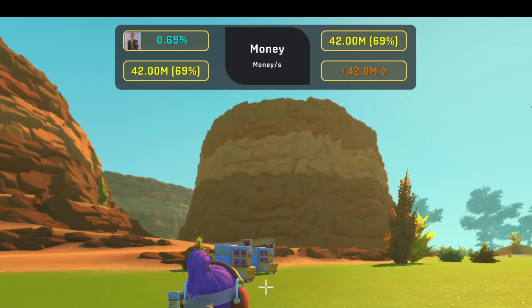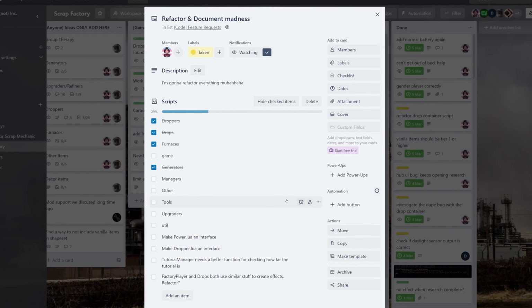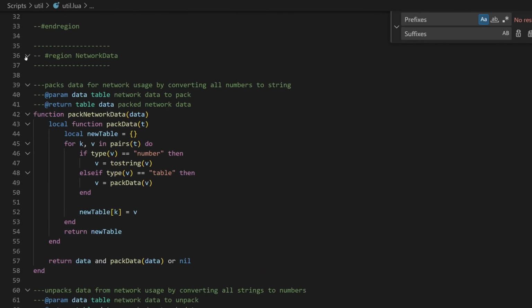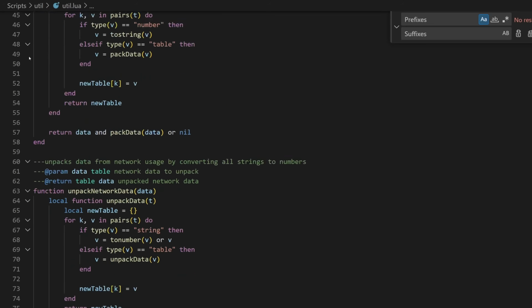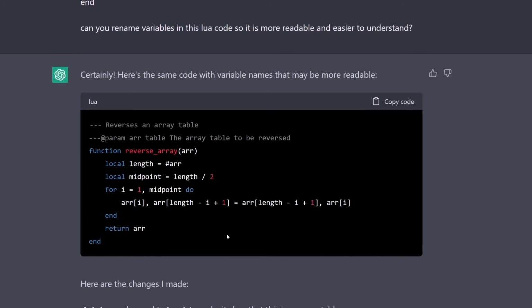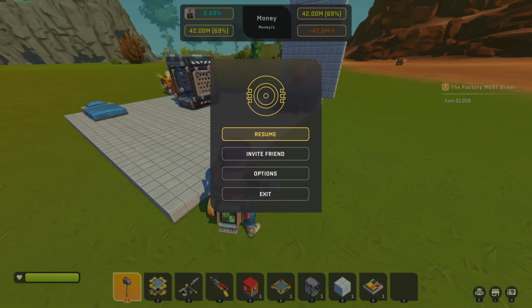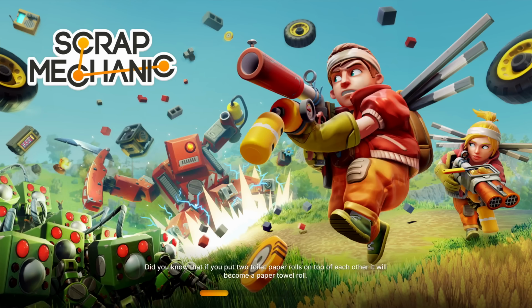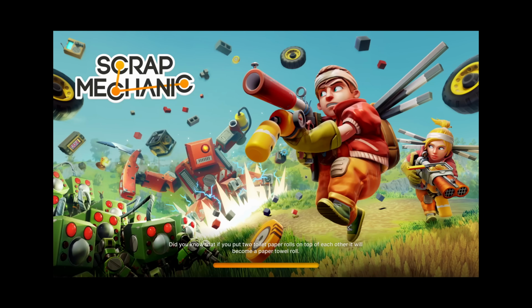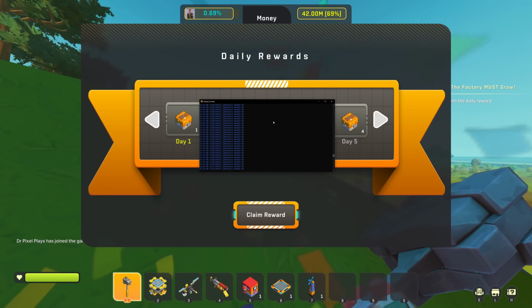So as you can see, stuff may look a little bit broken right now. That's because I went on another refactoring spree, and you can see this is now neatly organized. And this before looked really cursed. So I just asked ChatGPT to refactor this. I may or may not have screwed some stuff up, so I probably have to work on fixing the fixes. Oh god, I see so much red in the console, which is, yeah, that's fun.